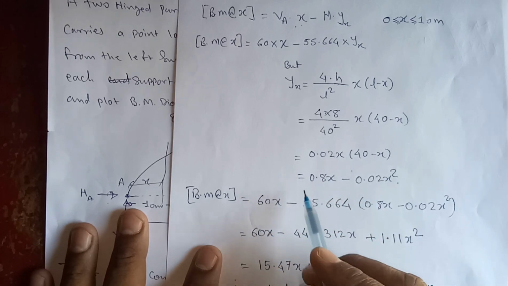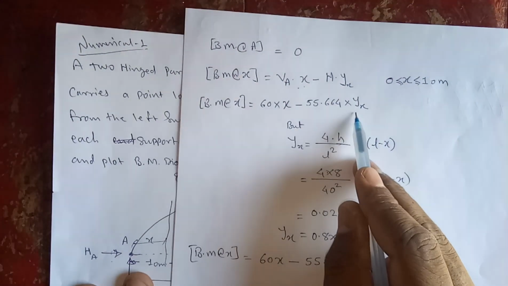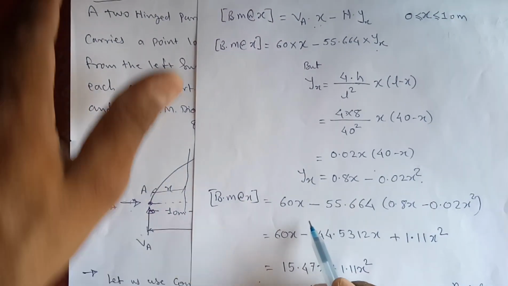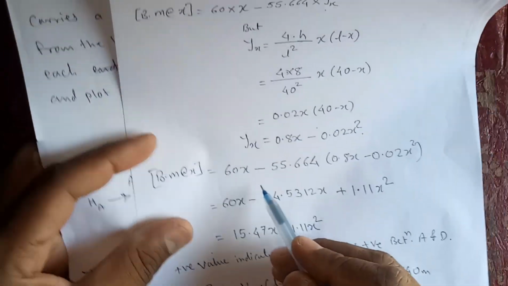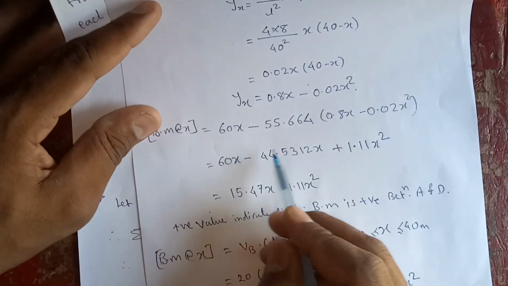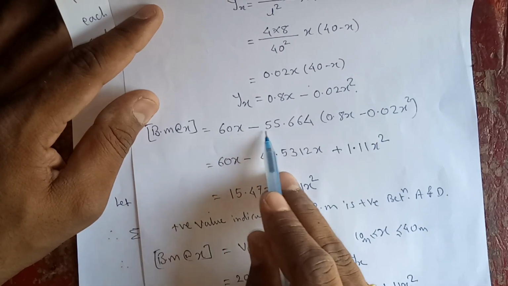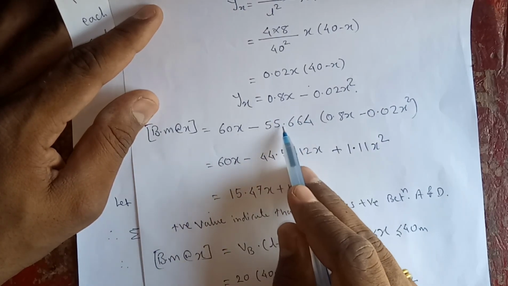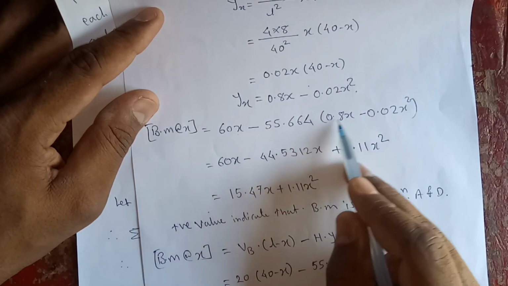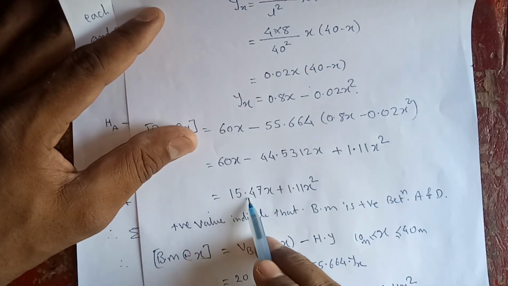So this is the value of yx. We'll substitute this yx equation here and then further simplify it. If you substitute that value of y here and simplify, then 60 is the vertical reaction at distance x, minus the horizontal thrust 55.664 times the bracket, this is y. So if you simplify this, what you'll get is